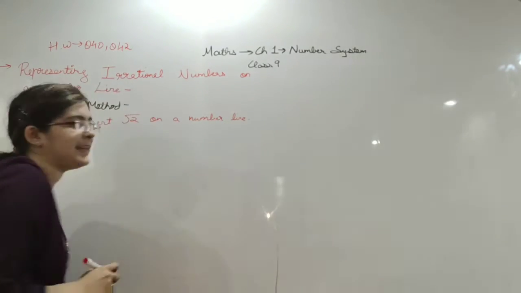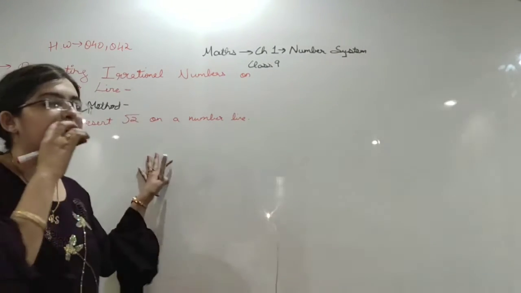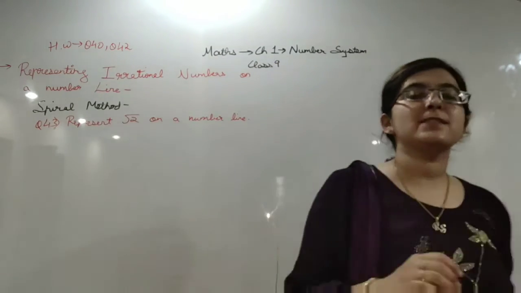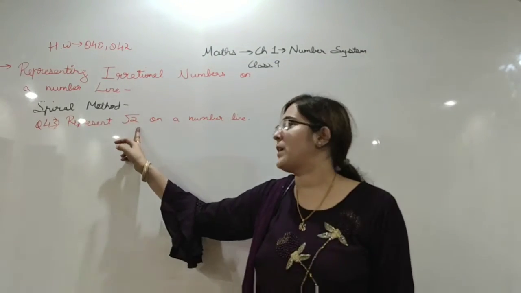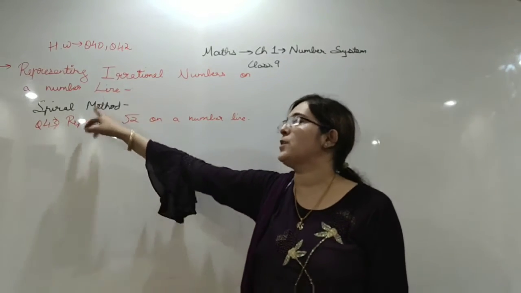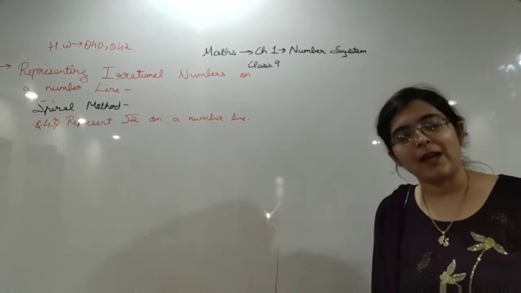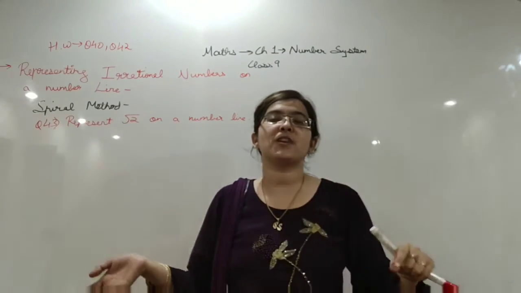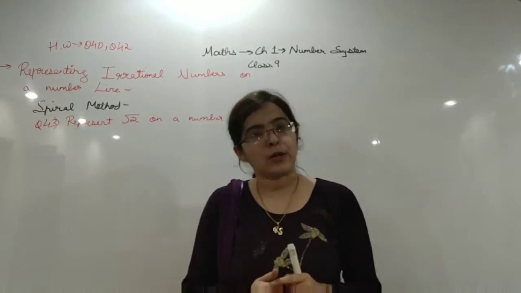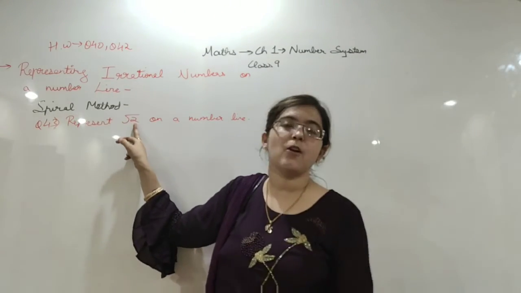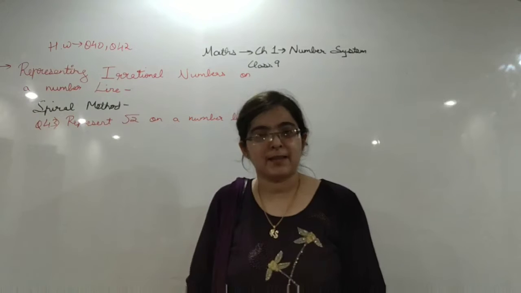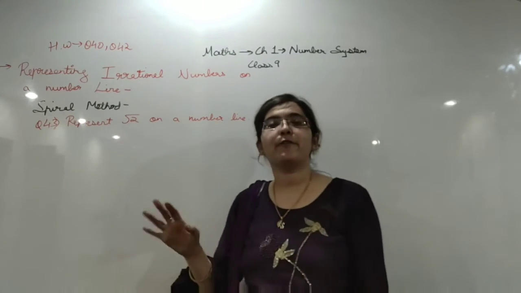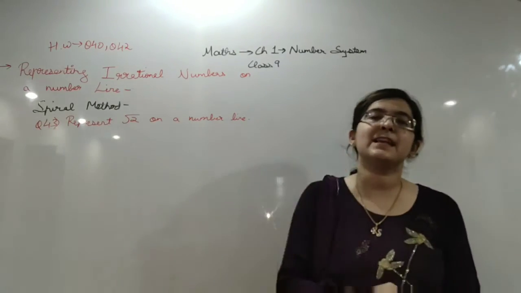Now students, don't write anything. Just look at the board. You are doing it for the first time. You have to represent root 2 on a number line. As soon as you see a whole number under root, then you know that you have to solve it by the spiral method. After doing all 3 methods, I will tell you that by just seeing the number you can differentiate which method it will be. Here, under root there is a whole number, so you will use the spiral method. It will not be written in the question. You have to identify it. Don't worry, after doing all three methods you can easily identify it.